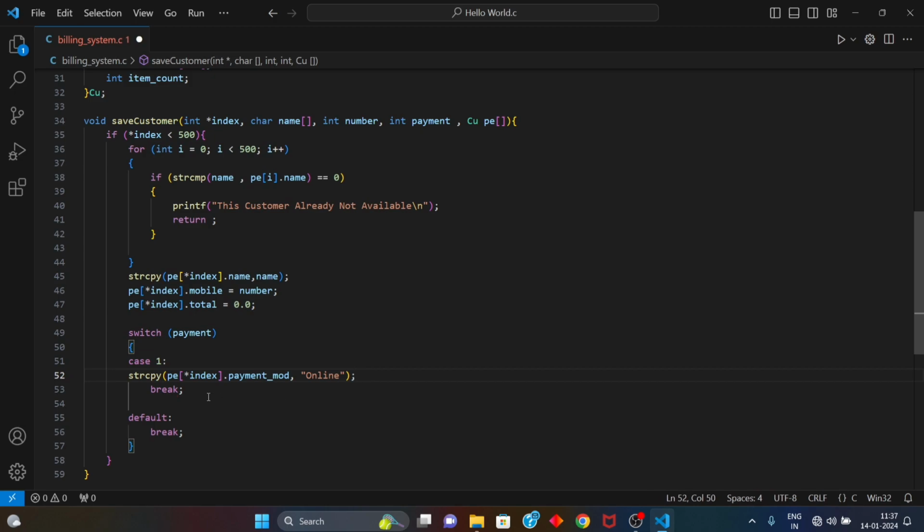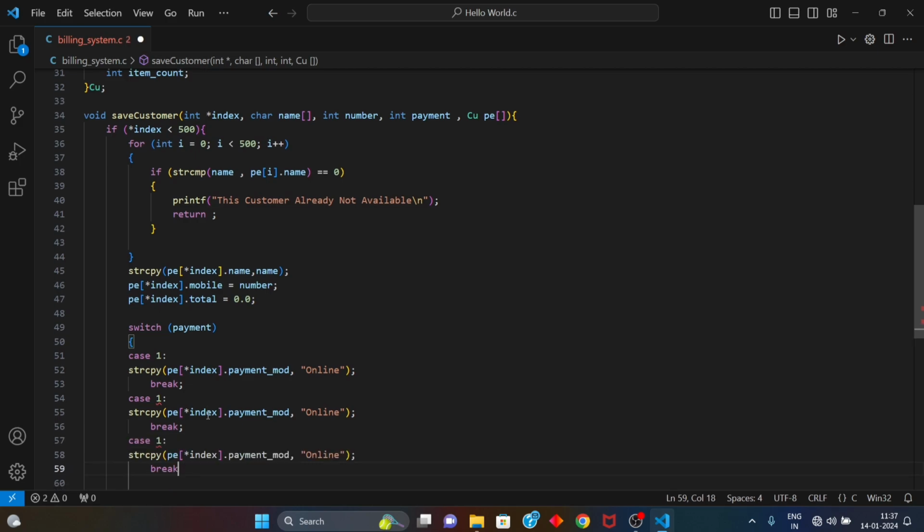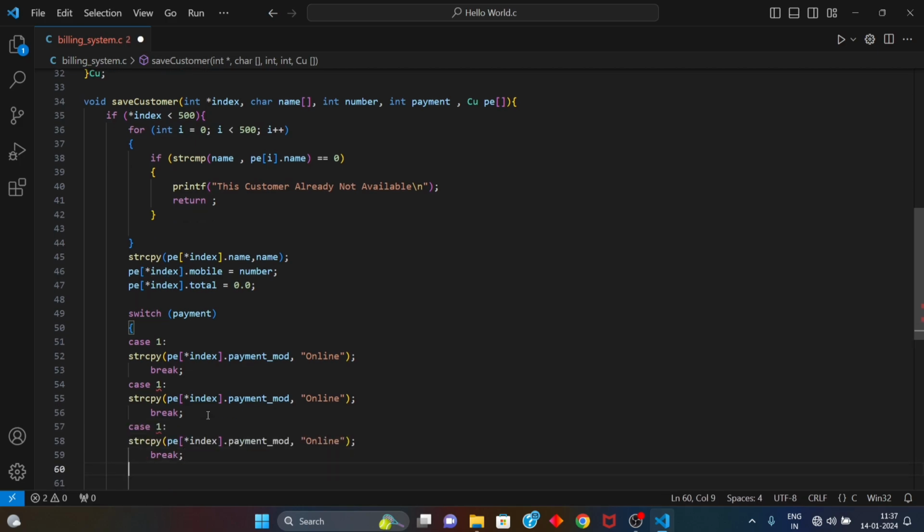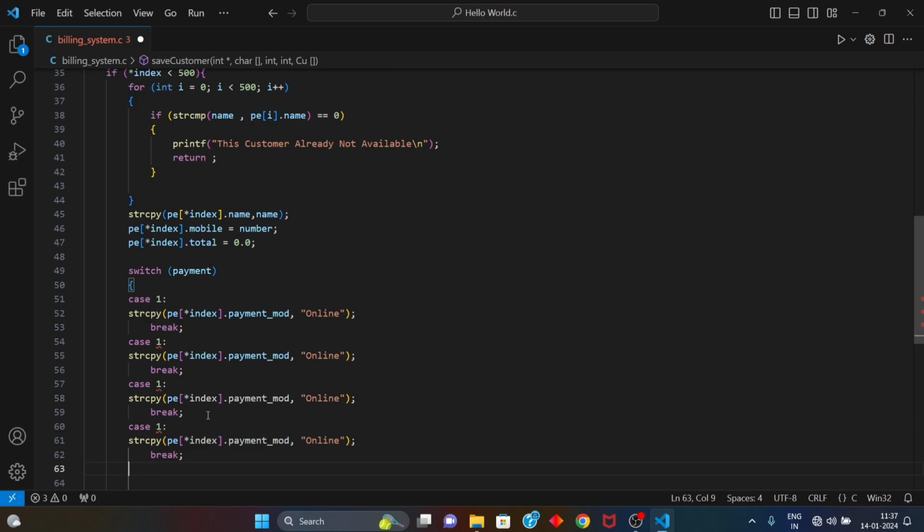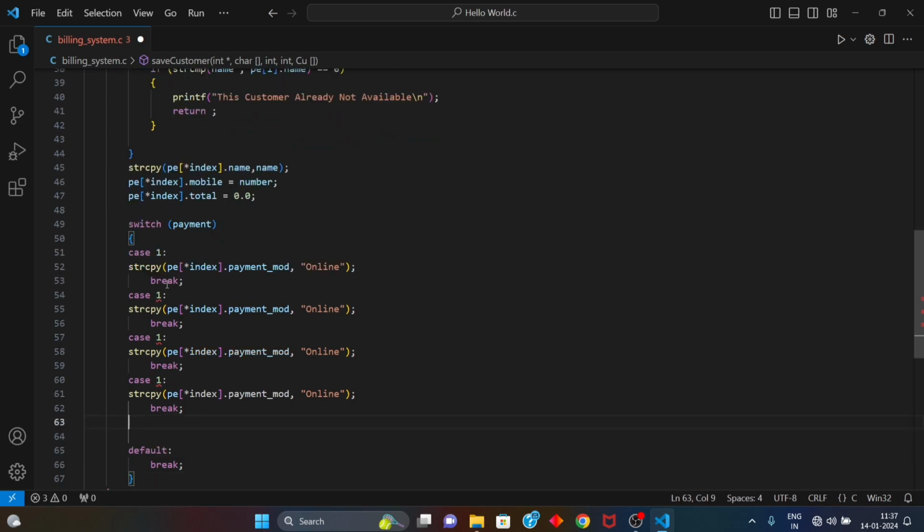Like this, we simply copy the four method. We initialize the four method. One, two, three. We initialize four. One, two. Here we write cash. We write three. For three, we write